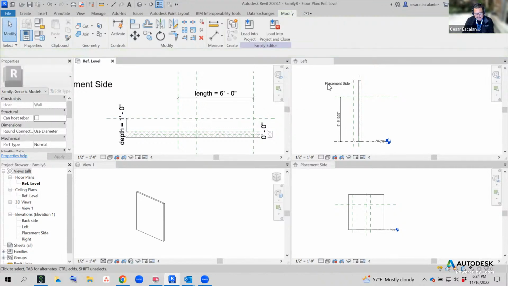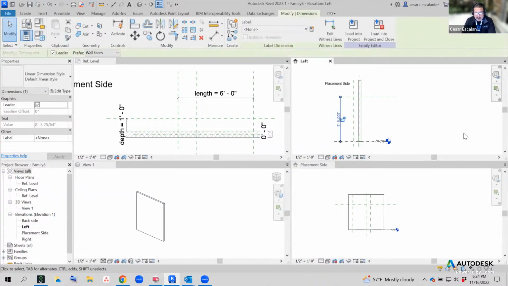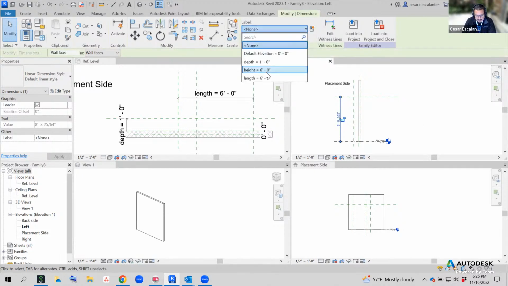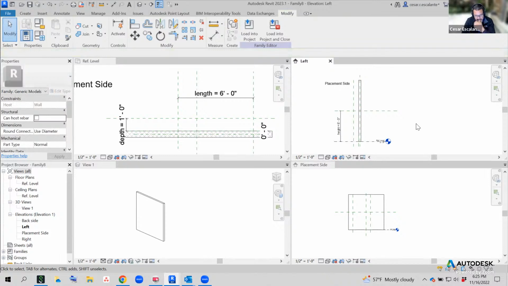And then I'm going to jump into the left elevation, select the vertical dimension, and associate with the height. All right, I have the 3 parameters in place. I need the length to have an equidistance dimension relative to the center of the wall. So I'm going to create a string dimension and use the equal